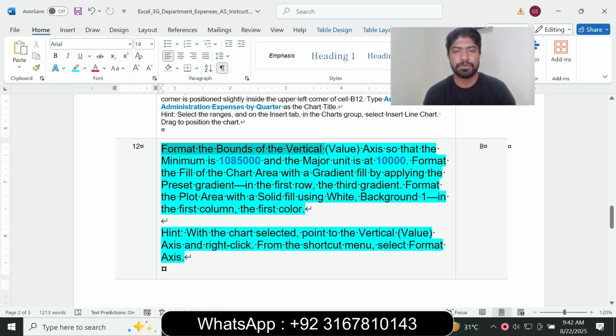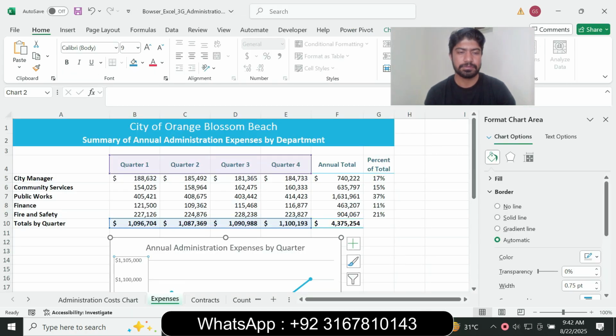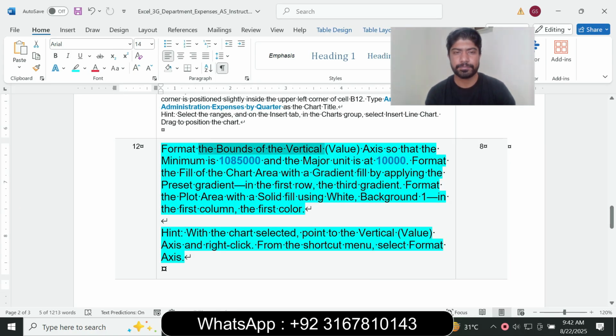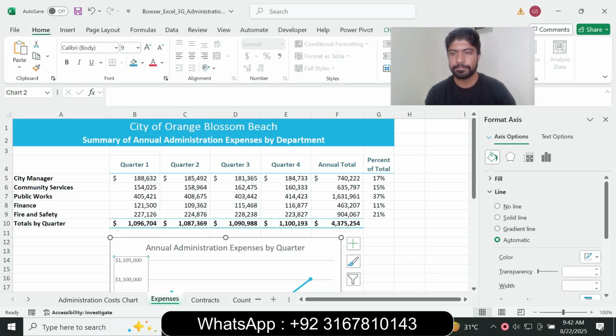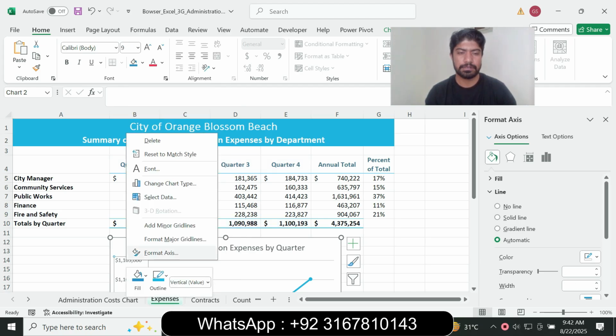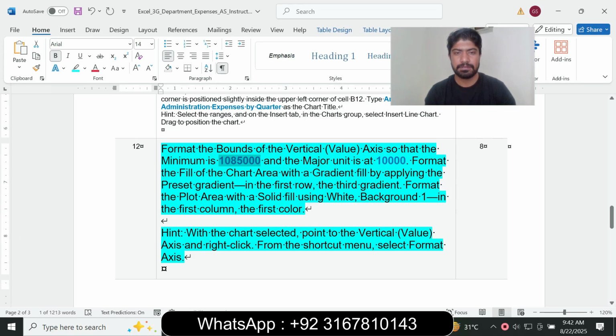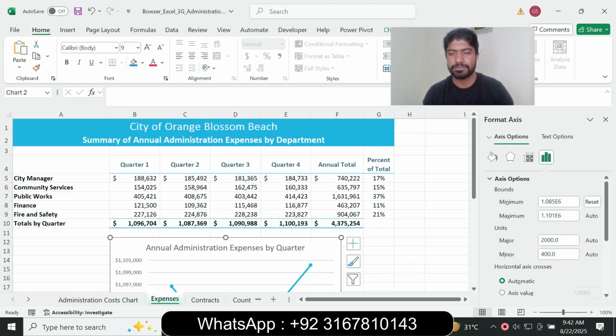So format the bounds of the vertical value axis. The vertical value axis, and the minimum is, so copy the value for the minimum, right click and Format Axis, set the minimum bound, press enter. And next is the major unit, copy the major unit,